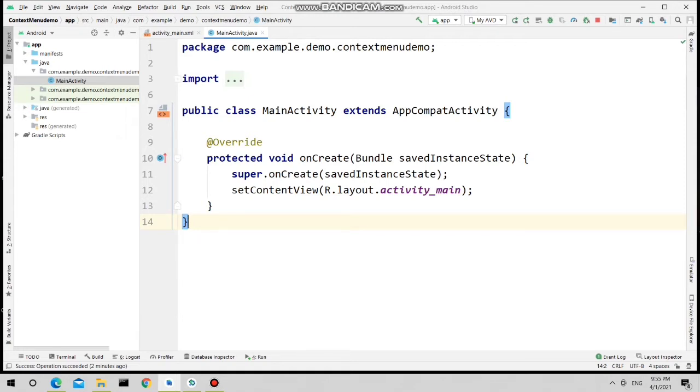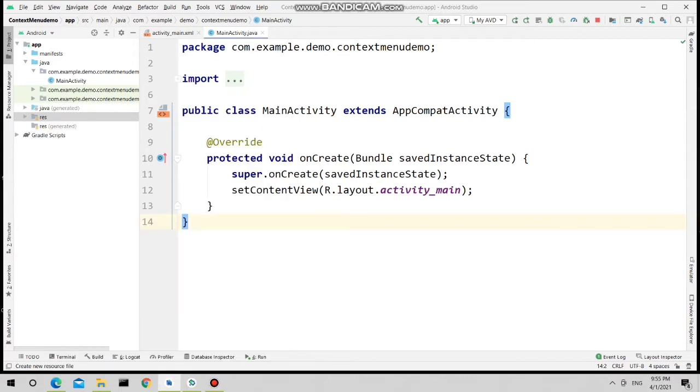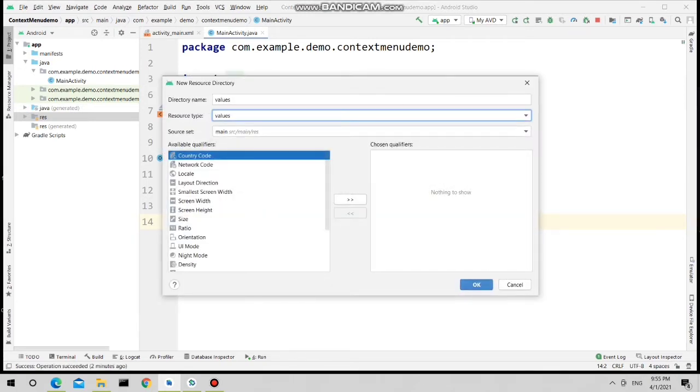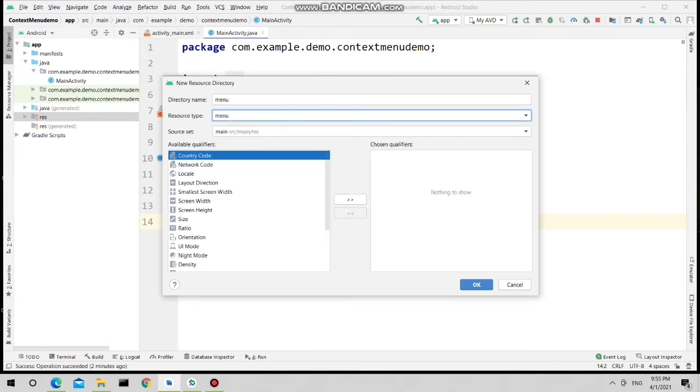How to create the menu items, we already covered at the time of option menu, but again I am revising that. First we need to create the menu resource directory. So right click on resource folder, new Android resource directory, then the directory name should be menu, then select the resource type menu and click on OK.